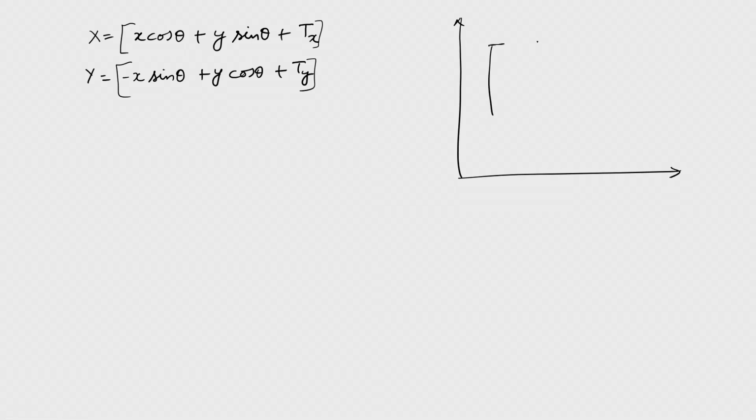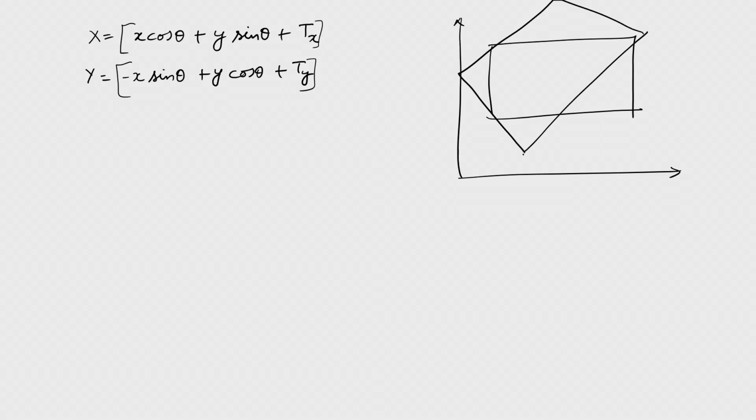Suppose I have a map here, or maybe I can say there is one image, and I am trying to bring another image into that, or I am trying to rotate this image by angle theta in some coordinate system. Let us say I want to rotate this image by this angle, and this angle is, let us say, theta, fine, and I want to shift the origin of this one by T x, T y, right. So, that is the equation I have written.